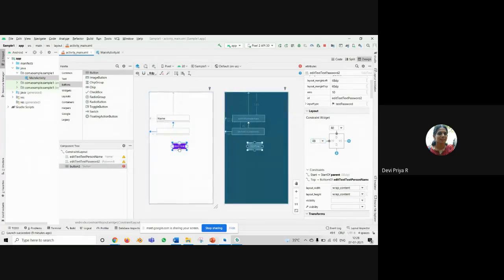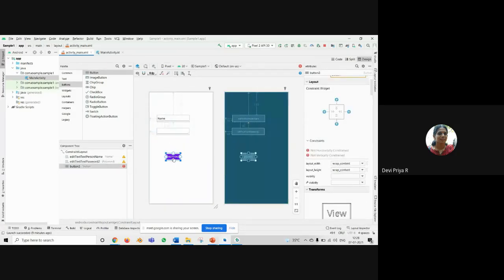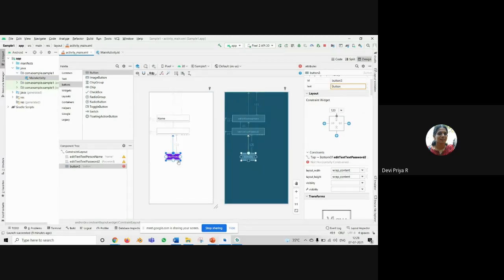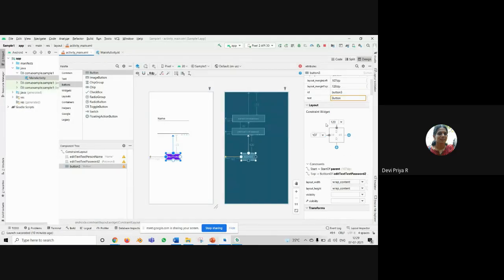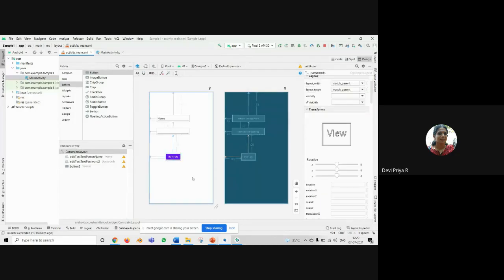You can have your clear positions. Only in the constraint layout will you have the options to add constraints like this, and you can add many constraints. That means if you want to position this item with respect to this, you can add one constraint. And if you want to position this button with this button also, you can adjust. And whenever you are adding this size, it will normally be displayed here.